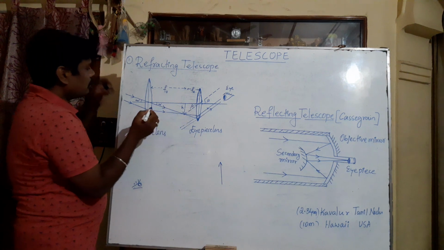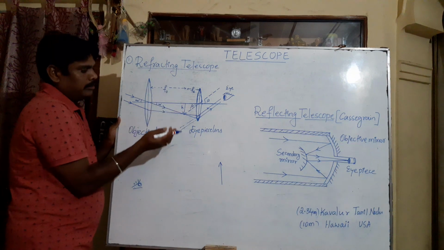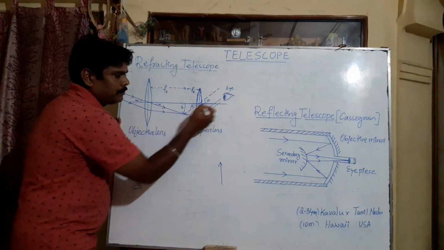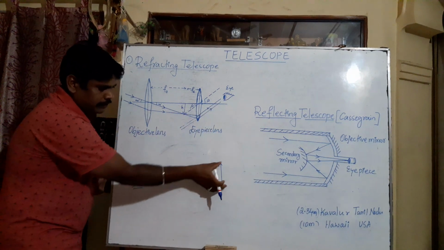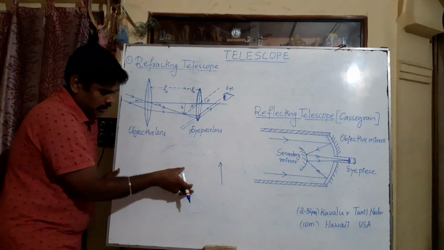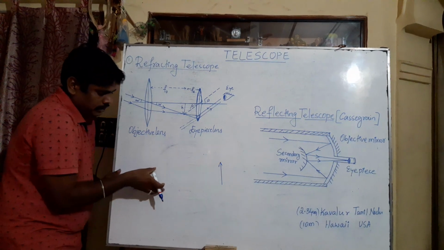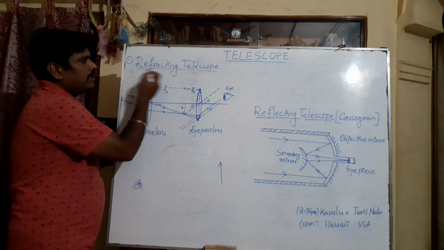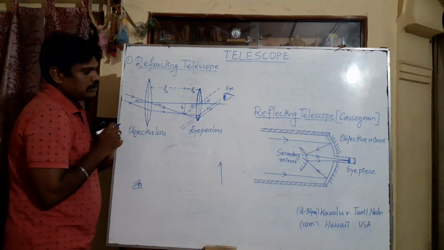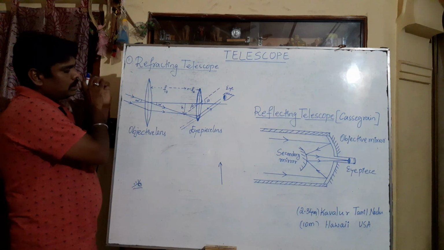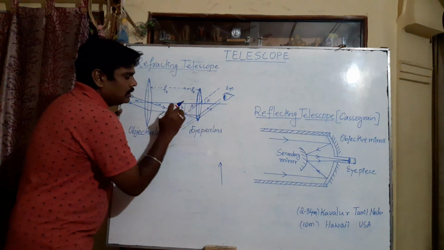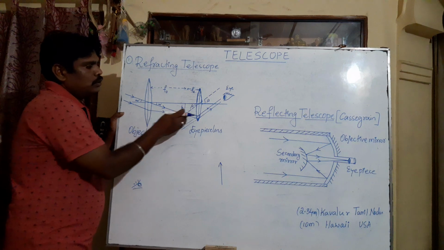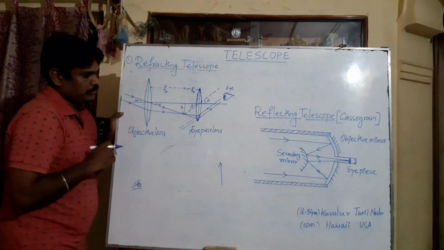Here the image of the moon will be obtained. That is an inverted image, a real image. Now this moon is close to the observer. See what happens if you bring the object close to the observer: the size of the object appears to be bigger. The same phenomenon is used in the construction of the telescope also. So when a very far object is brought near to the observer, the observer can see it in magnified form. That's why the telescope is used to see very far distant objects.